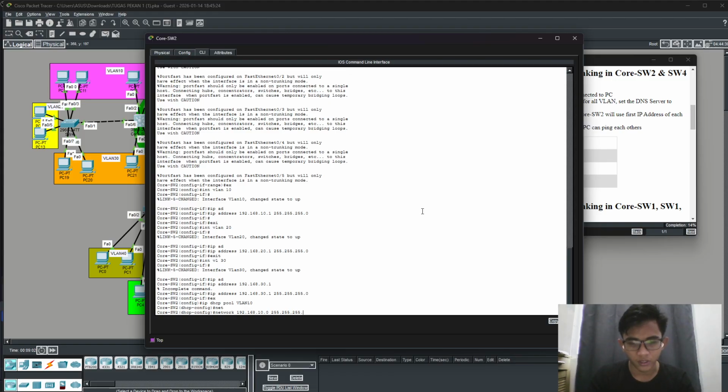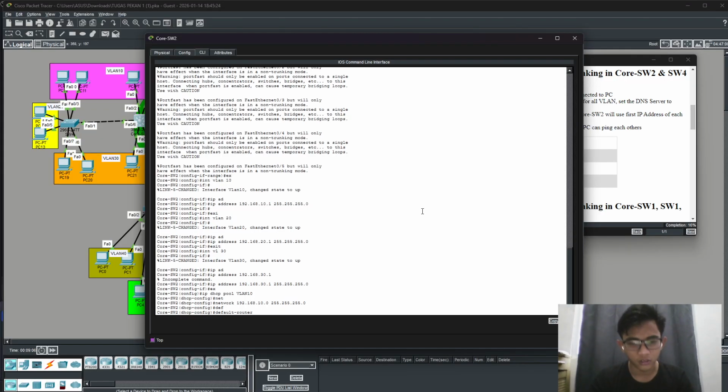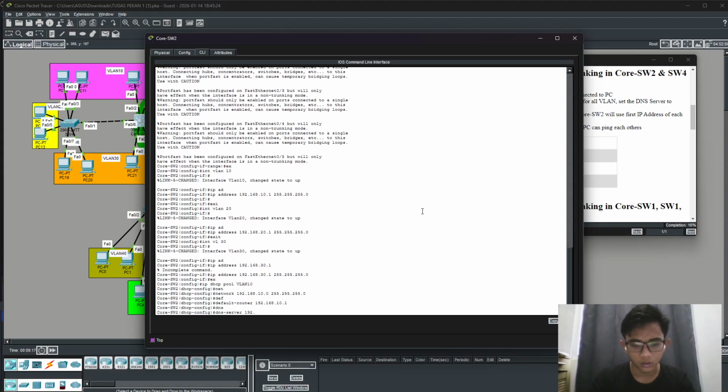I remembered it is OSPF that uses wildcard. Default router, I will use the IP from the SVI, so 10.0.1. Then the DNS server is this.